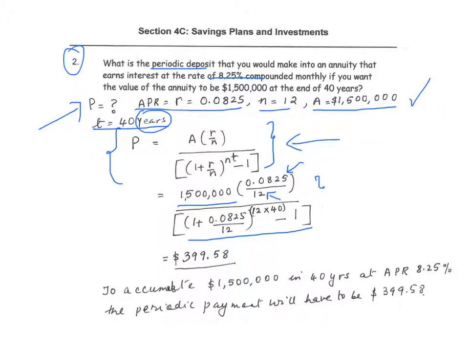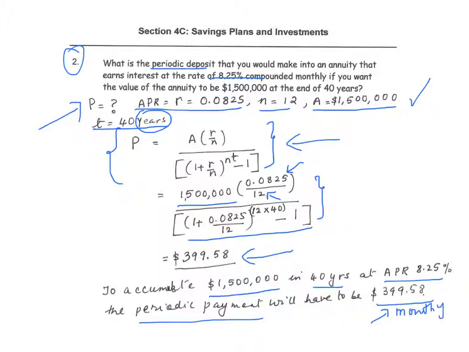As I said before, and I say this over and over again, enter all the numbers into your calculator using parentheses. Hit the enter button just once. Do not do the calculations in bits and pieces. So that would give us a total of $399.58. So in order to accumulate an amount of $1,500,000 in 40 years at the given rate, our periodic payment would have to be $399.58. So this would be a monthly deposit